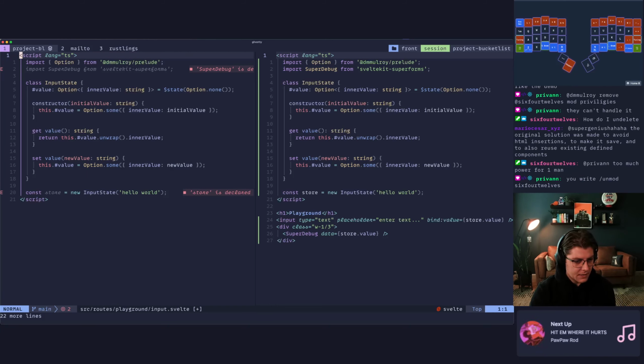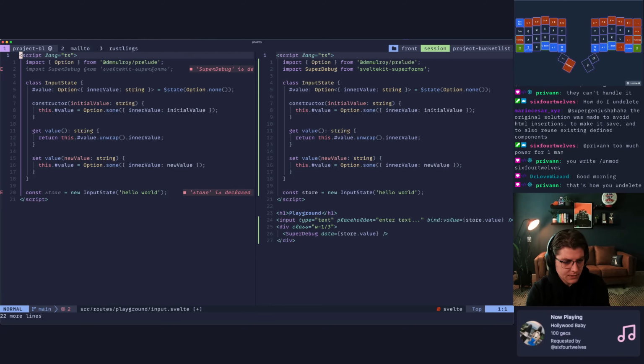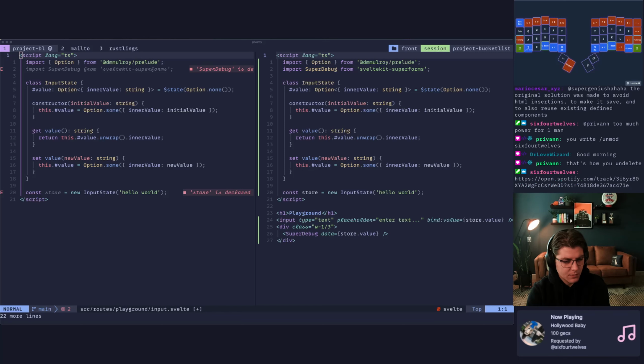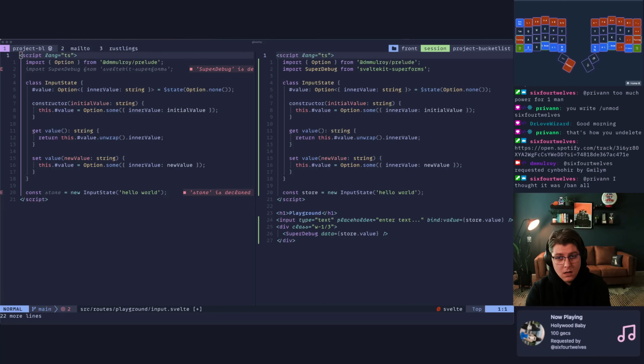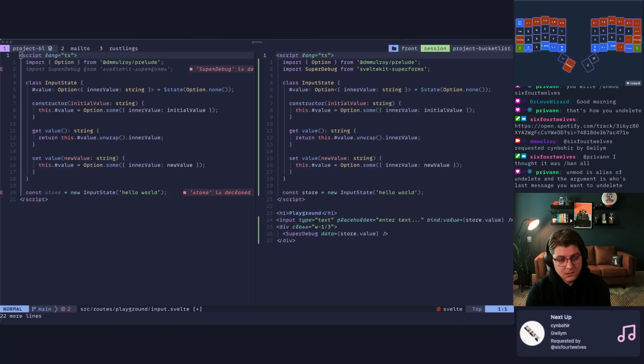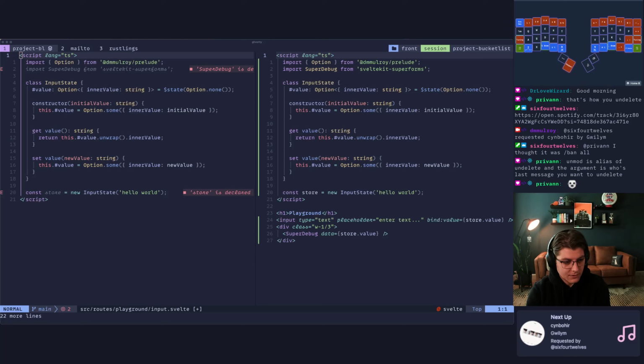All right, hold on. I need to catch up in chat quick. Dylan: I have a problem. I'm migrating a React project to Svelte to improve performance. In the old project, the backend sent JSON representations that were converted to JSX instances. I'm struggling to find a straightforward way to achieve the same thing in Svelte. Is it possible? Is there any good strategy for getting live components from a backend in Svelte? Any advice? You probably just have to write custom serialization, deserialization stuff. There's probably no way around it.